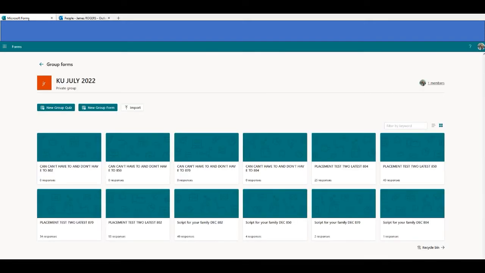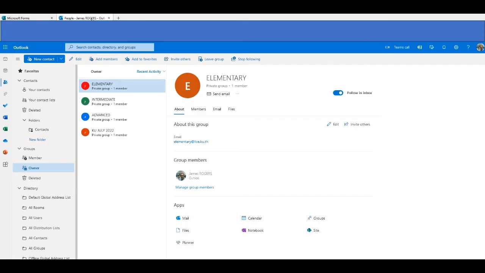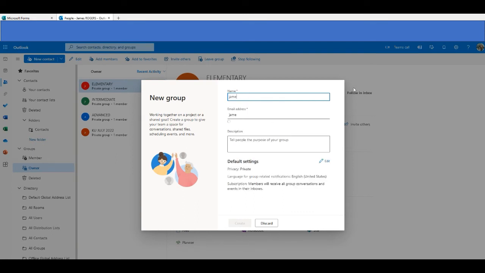And if I go back to forms and go to the main page, you can see here, if I refresh the page, I now have this group elementary. Now again, if you didn't have a group to start with, it's simple. All you do is go here, new group. Again, we have to go through this process. You have to put in your email address,